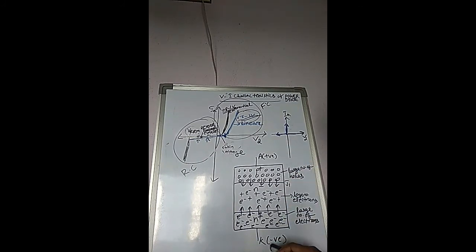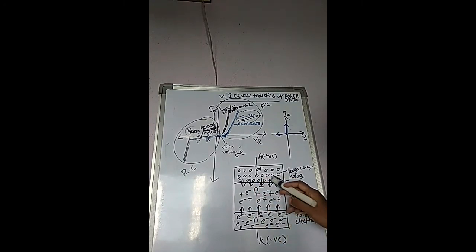At the same time, when K is negative, what happened? These electrons move towards this N minus layer due to the repulsion force, because the terminal is negative and the electron is also negative charge. So due to this repulsive force, these electrons move towards the N minus layer. Similarly, A is positive, holes carry positive charge, so here is also a repulsive force. So due to this, holes move towards this N minus layer. So now this N minus layer is full of holes and electrons.